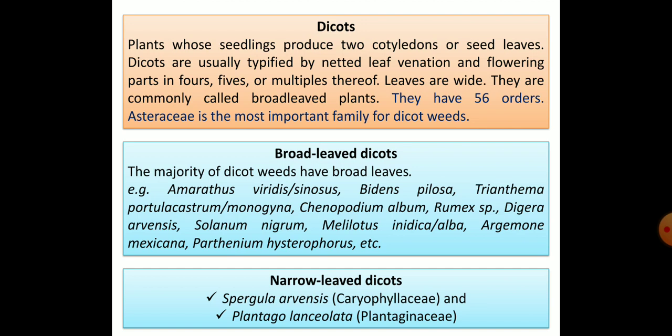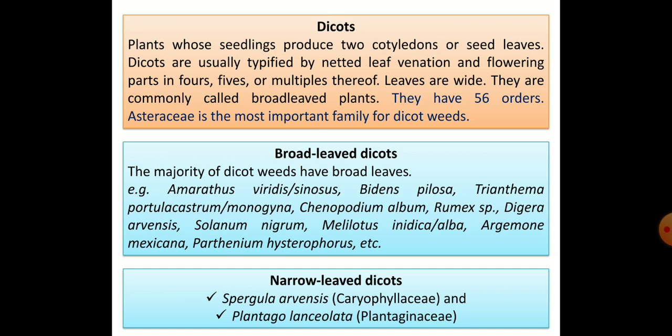And always remember, in the previous lecture I also discussed that the Asteraceae is the most important family for the dicot weeds. Stress on this, okay? Now broadleaf dicots. So this is not an exception. हमको पता है जितने भी broadleaves हैं वो सारे dicots में आएंगे. So the majority of the dicot weeds are broadleaf weeds. So Amaranthus viridis,